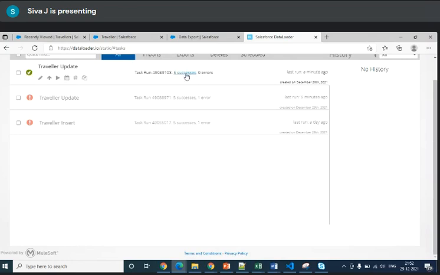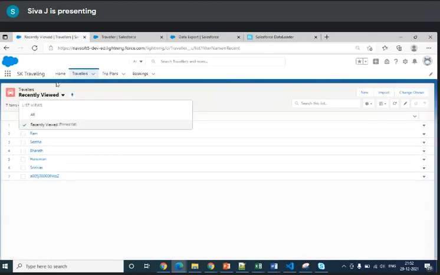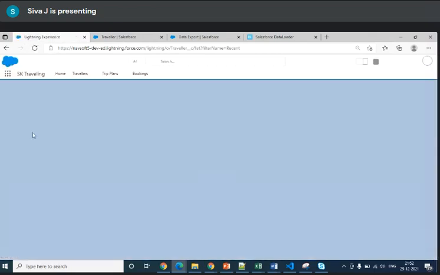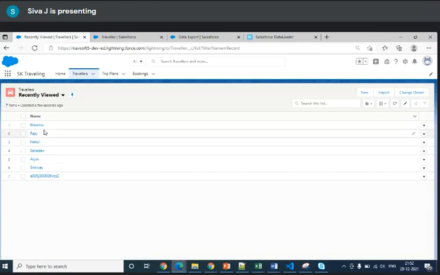See, 5 records have been inserted successfully. Just go and refresh now. Let's see. It is updated. See, so this is a way we can do the update through the Data Loader as well.